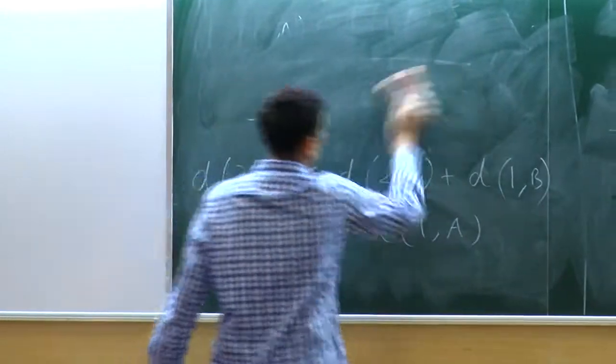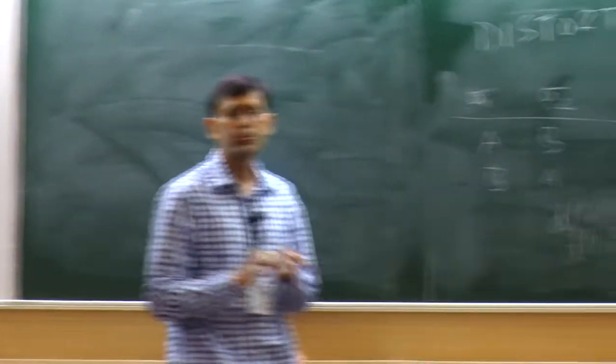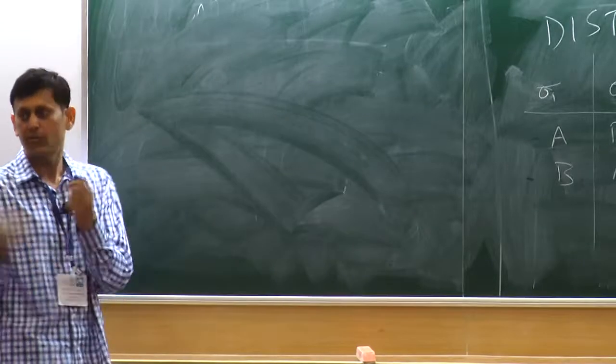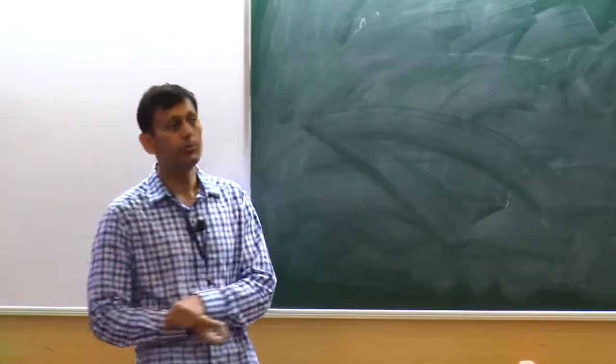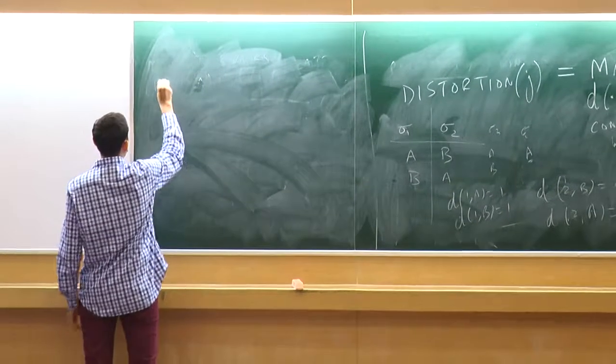What about Copeland? Well, Copeland has distortion of 5, and I'm going to give you a very quick proof of 9. Again, maybe not a complete proof, but enough of a proof that if you wanted, you could reconstruct the full proof of 9 in like 5-10 minutes yourself. If A is a Copeland winner,